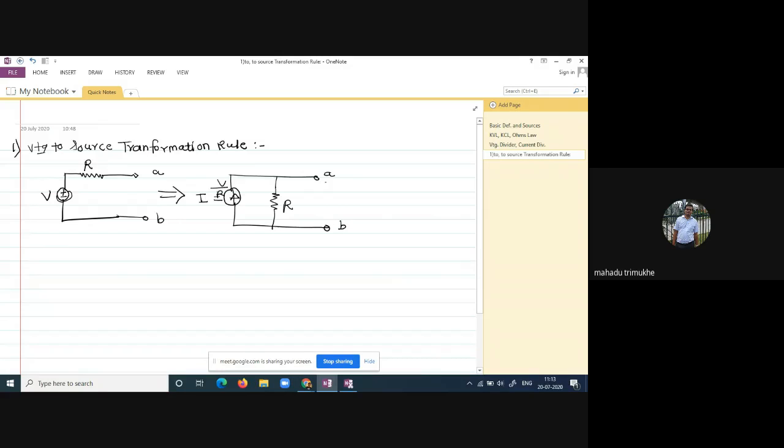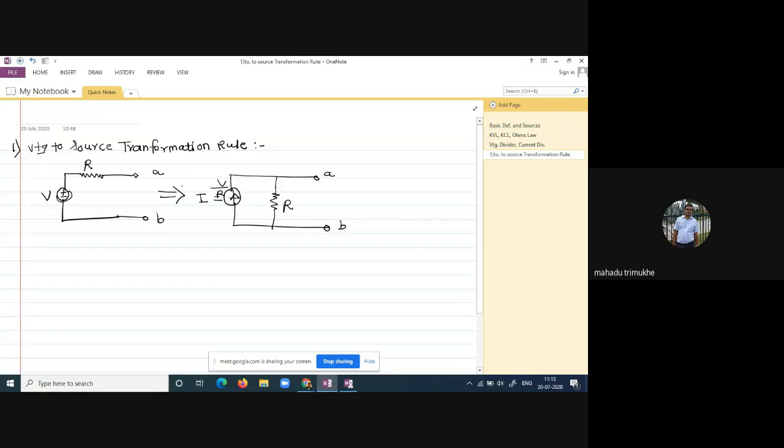Here we have converted the voltage source into the current source. How have we converted the voltage source into the current source? For converting to a current source, we have to take the magnitude equal to the voltage divided by your resistance. Voltage you know already, resistance you know already. Then we simply calculate the current, and whatever resistor is present in series combination with the voltage source, that resistor we have to connect as a shunt to the current source. This way you have to convert the voltage source into the current source.